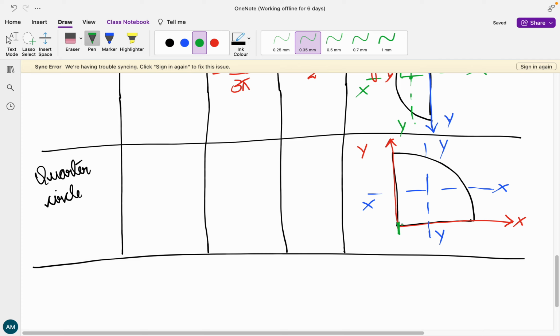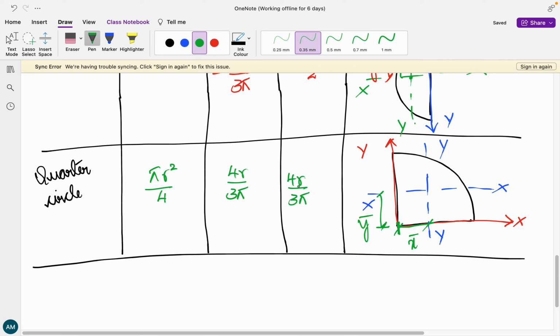Now from your origin to the y-axis is x bar, and from the origin to the x-axis is going to be y bar. So both the distances, if you can see, are going to be equal in this particular case. First let us write the area of the quarter of a circle, which is pi r square divided by 4, and the value of x bar and y bar is going to be 4r divided by 3 pi based on